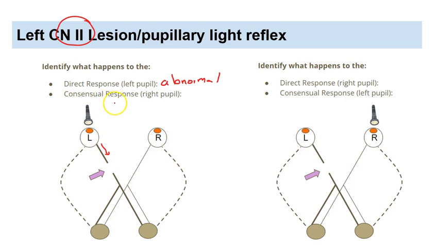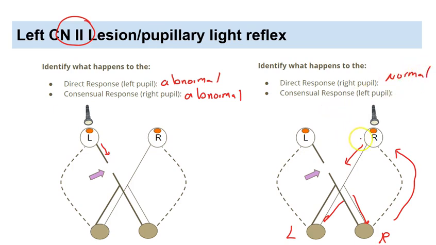What about consensual? The same, because there is no way that the brain can be aware of what's happening in our eye, right? Because the cranial nerve number 2 is not working. So both direct response and consensual response on the left side would be abnormal. But what about the right side? Because on the right side the optic nerve is working perfectly, it's going to send the information to the right side and left side of the brain. So then we can get a response back from the oculomotor nerve, or cranial nerve number 3. So we would have the normal